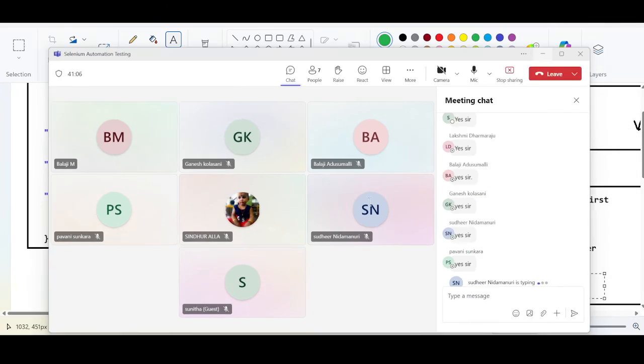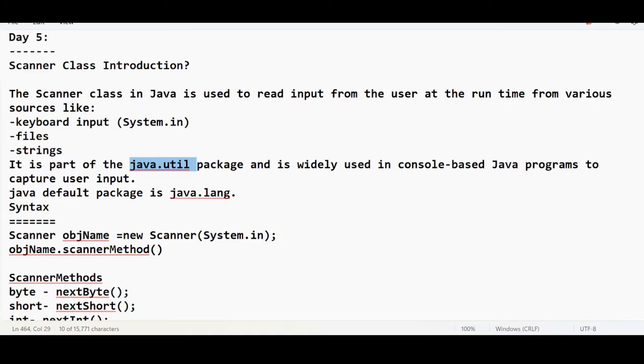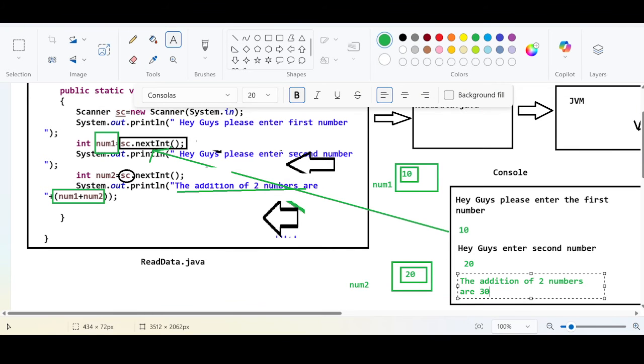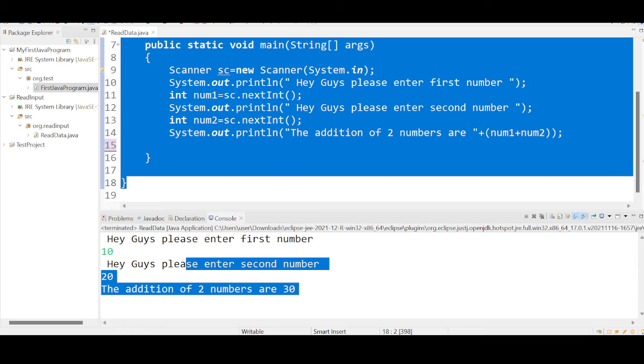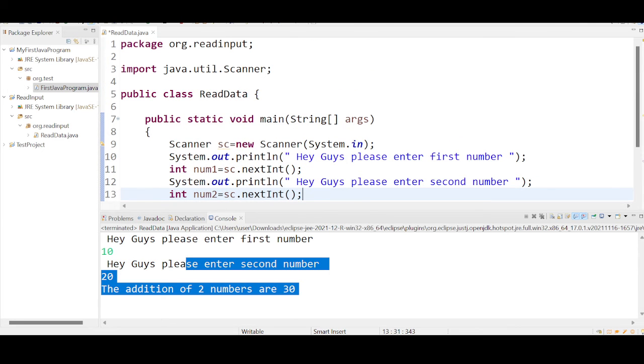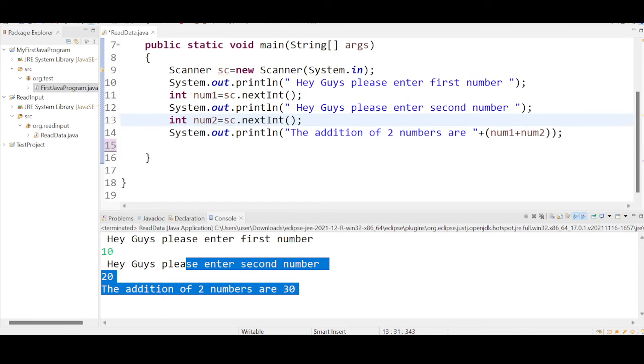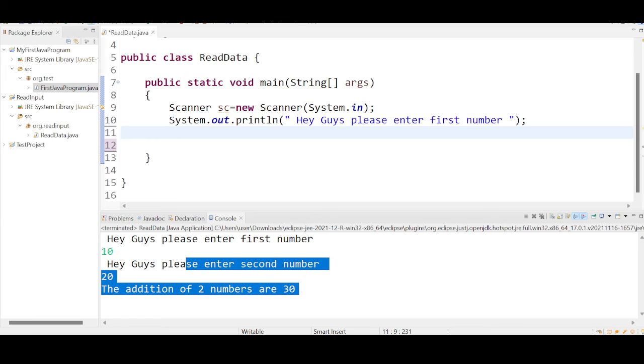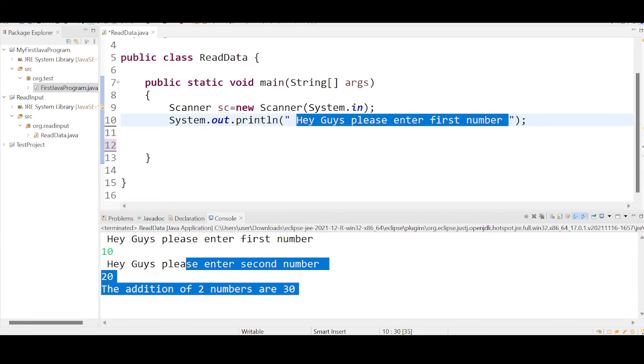Like this, we can do a lot of modification. It's not only the numbers. You can also modify it, for example, if you want to display a welcome message. Let me remove all this. The code is going to ask,